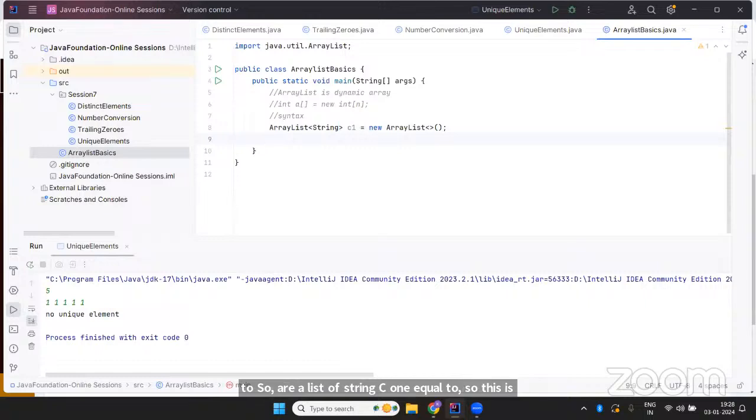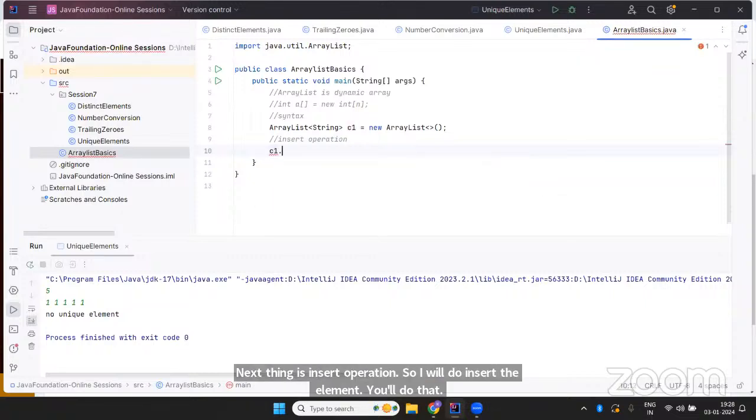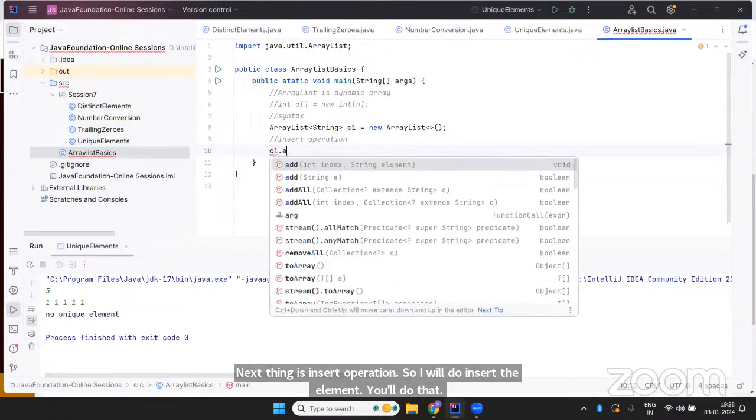Okay. Next thing is the insert operation. So how will you insert an element into the array list? Correct. So you have to use the name of the array list, that is the object. Then you have to use,